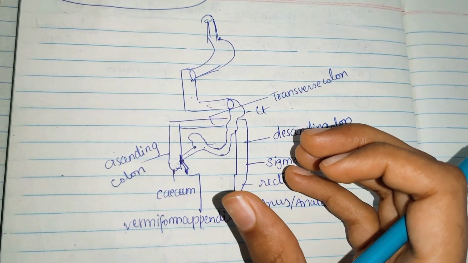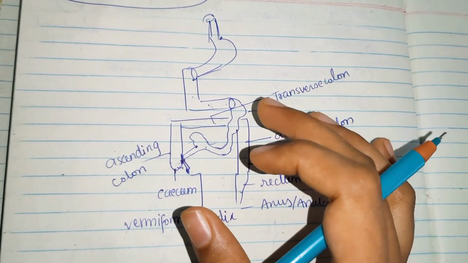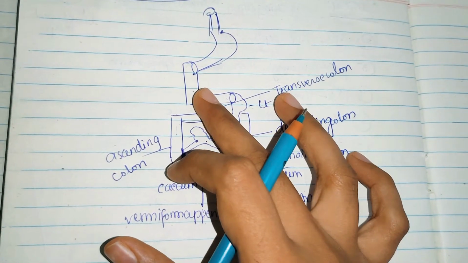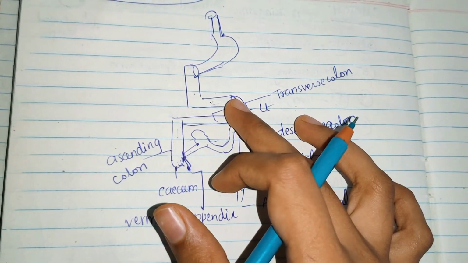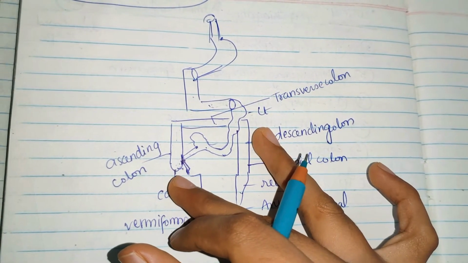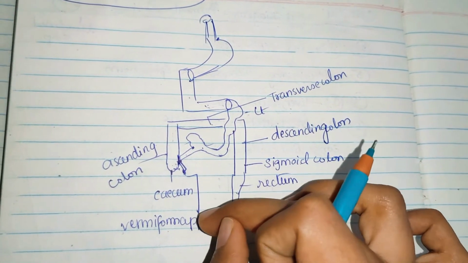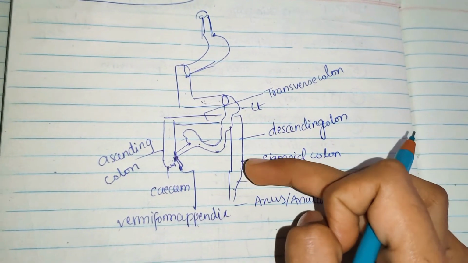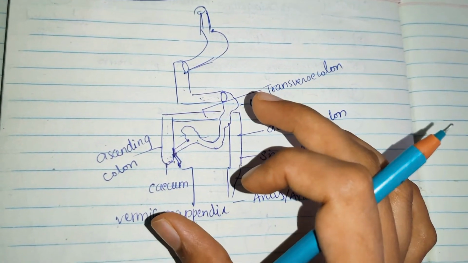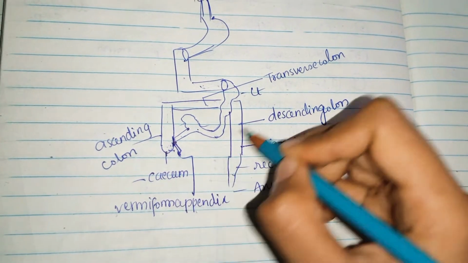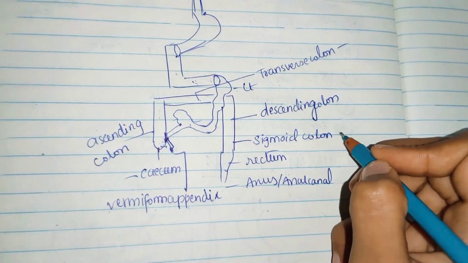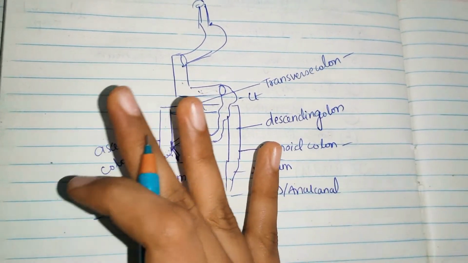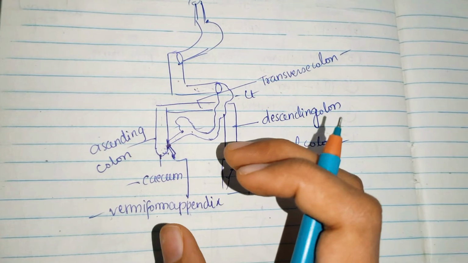The greater part of the large intestine is fixed, not freely mobile. Even in the small intestine, the jejunum and ileum are movable, but the duodenum is not movable except its last part. In the large intestine also, it is fixed except for the appendix. The appendix is movable, the transverse colon is somewhat movable, and also the sigmoid colon. So only these parts are mobile: cecum, transverse colon, sigmoid colon, and the vermiform appendix. Other than that, all are fixed in the large intestine.